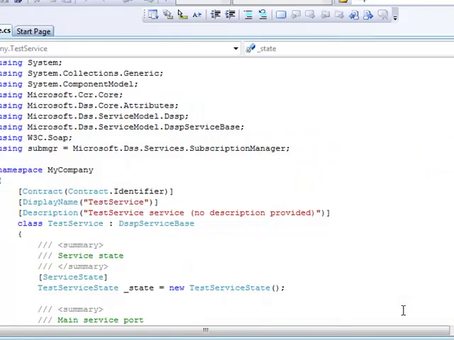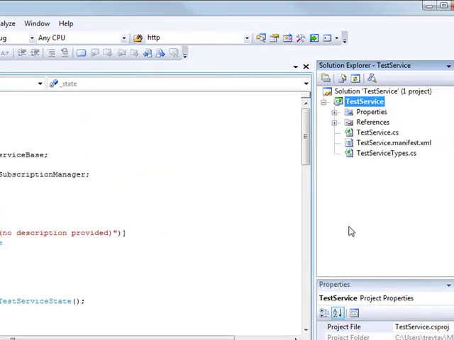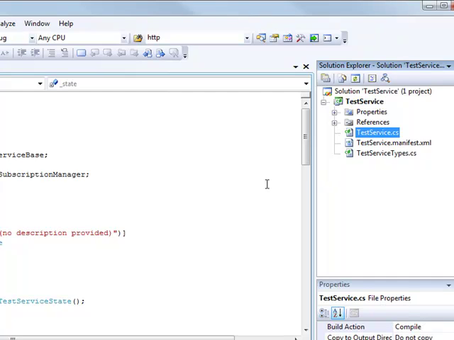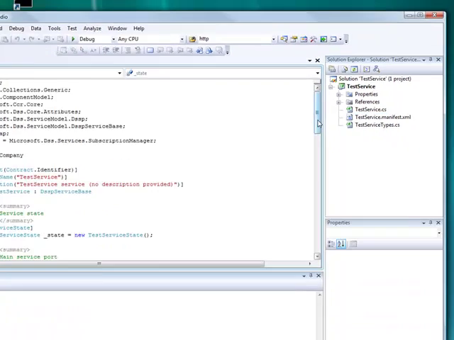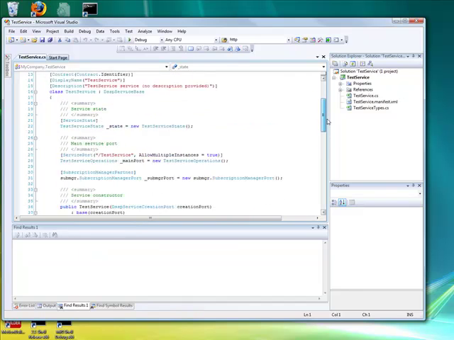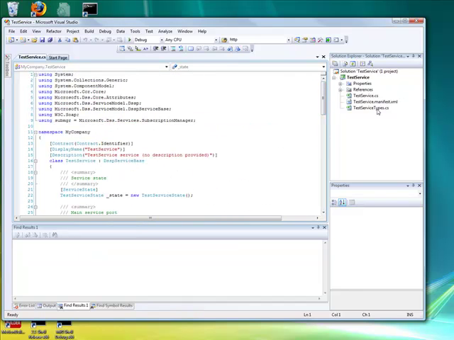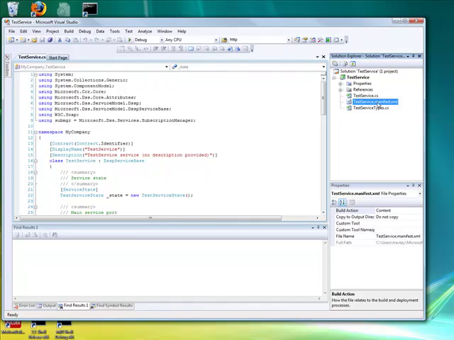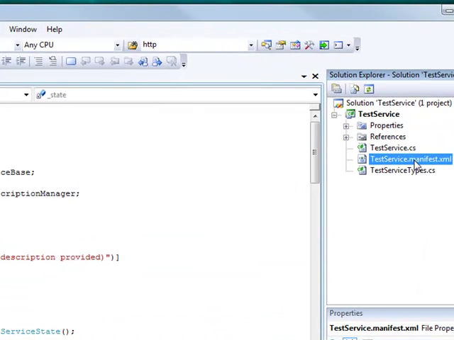wizard to go and create my service. And here we go. We've got several files that have been created. The first one, testservice.cs, is the main service. I'll go through each of these and point out some of the important features. There's also a thing called a manifest, which allows you to run your service, and another file called